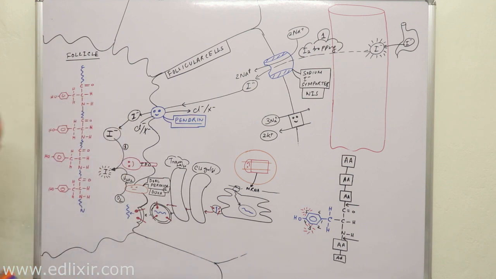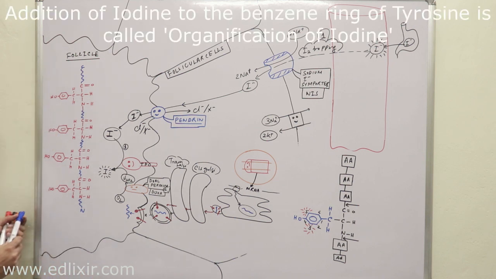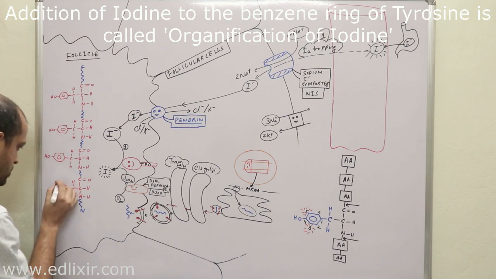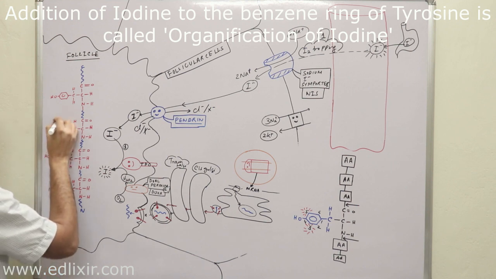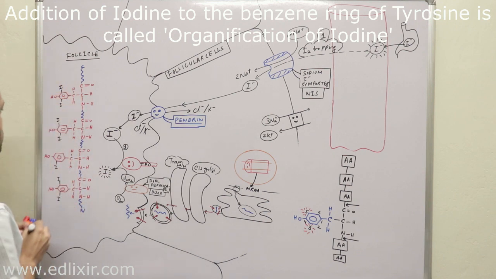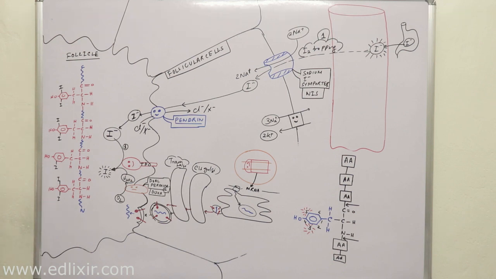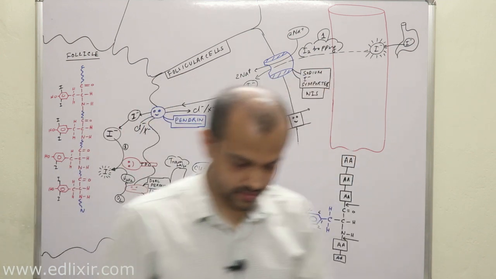Now let us quickly insert the iodine molecules here. Now listen. Let us attach iodide here. Suppose in this we are attaching iodide to both the carbons. Here we are attaching to one carbon, here we are attaching to both the carbons, and in this we are attaching to both the carbons. Now listen with all your attention possible. A very, very important point you need to understand here is this.